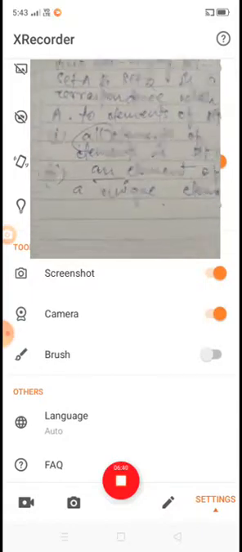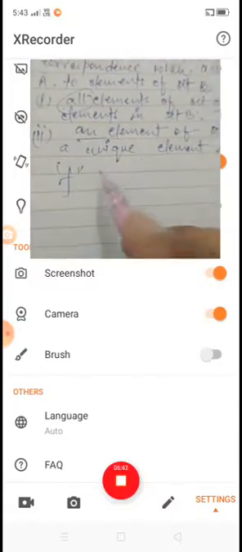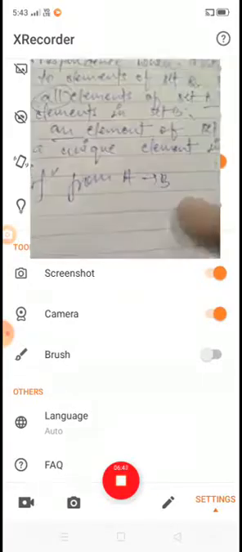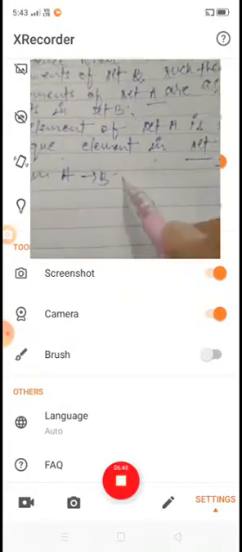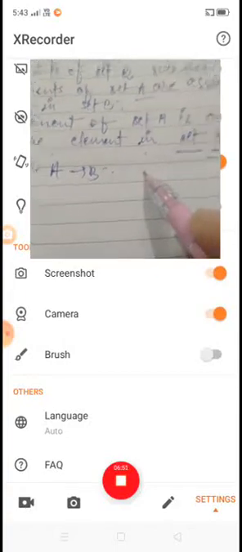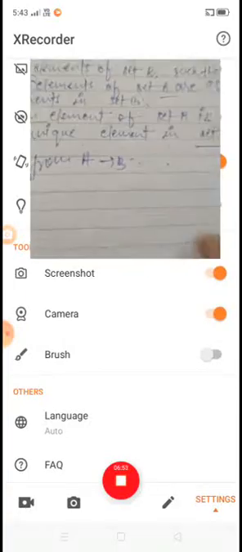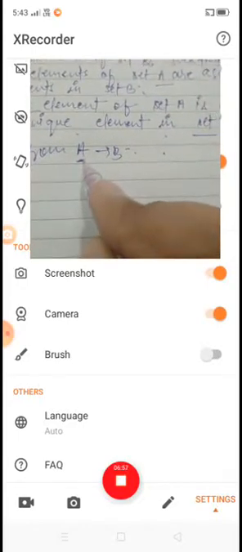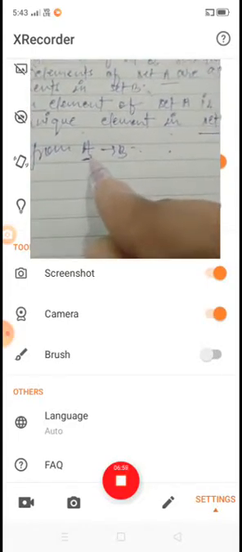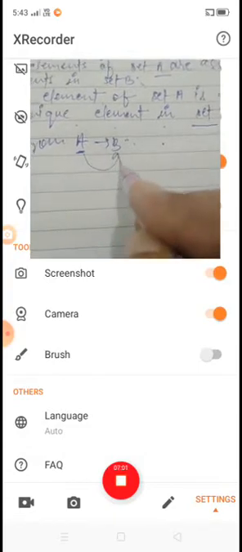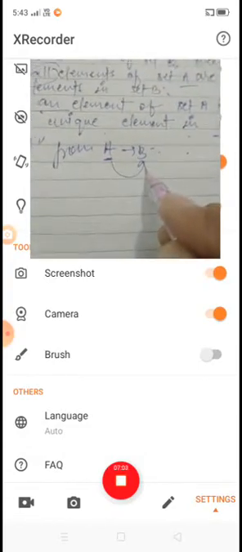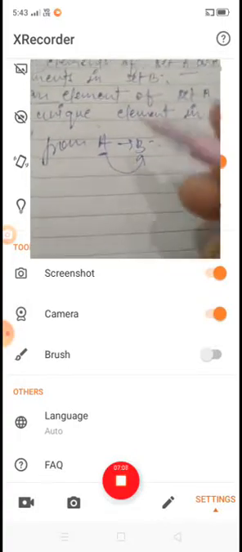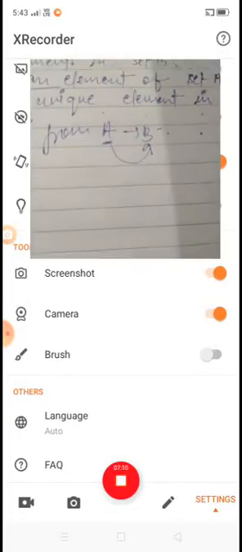In other words, a function f from set A to set B associates each element of set A to a unique element of set B. Terms such as map, mapping or correspondence are used as synonyms for function.